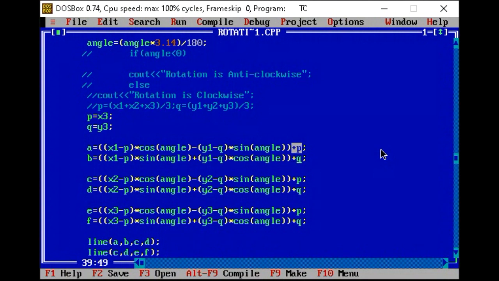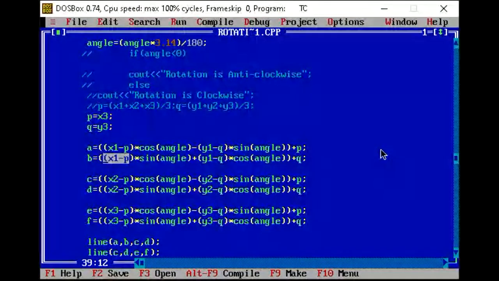The b value, that is the y value. Y value में क्या add होगा? What will be added in the y? That is q. This is translation. This is rotation, and this one is what it is, retranslation. Okay guys,